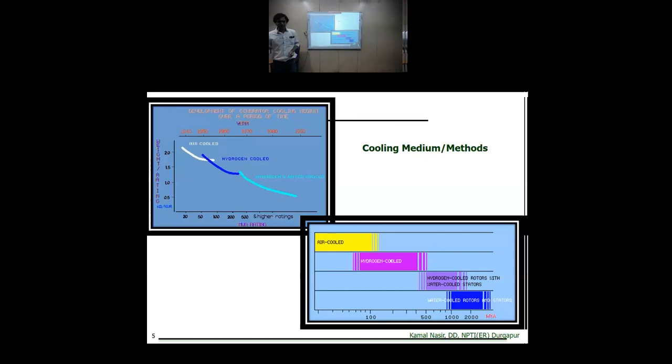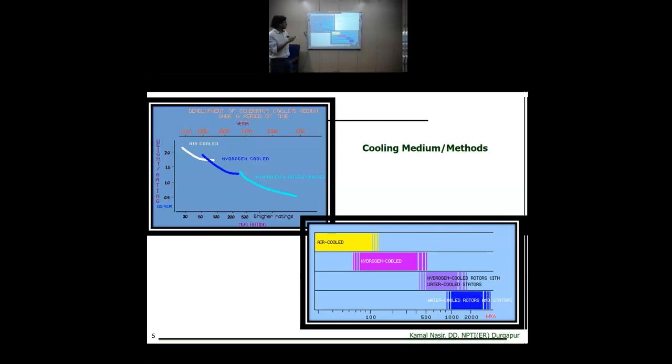As we increase the size of the generator, then we move to hydrogen cooling media. This means hydrogen cooled. What we did? We cooled the rotor by hydrogen. This means the generator was totally sealed so that no outside material could ingress inside, and we circulated this hydrogen inside the generator. Again, as we increase the size of the generator, we